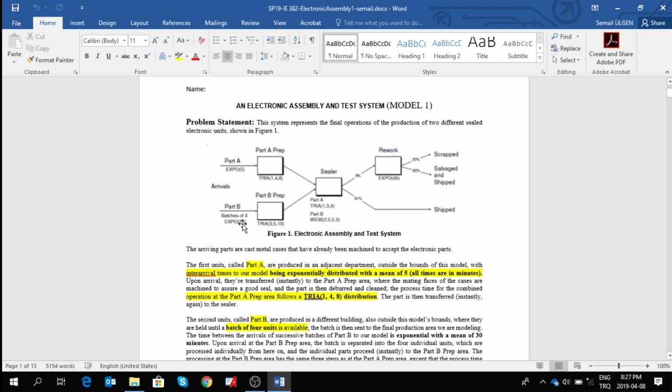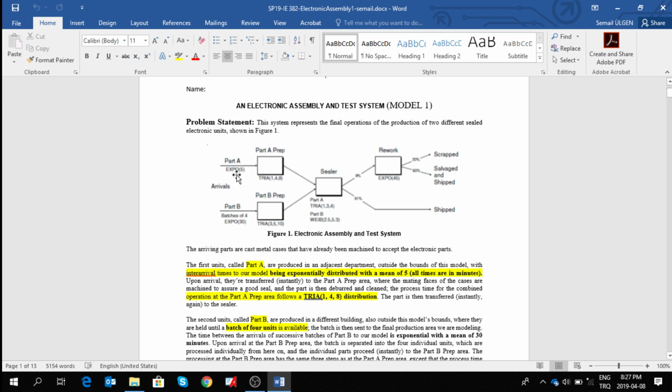So every 30 minutes there's a part B coming in. Part B parts are going to come in batches of 4. On the other hand, part A parts are going to come one at a time because there's no other